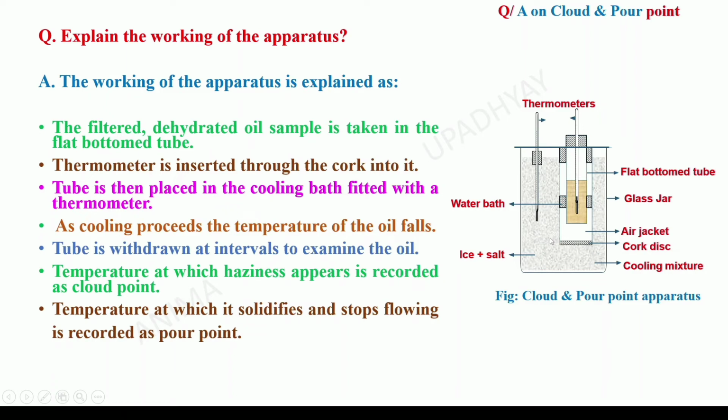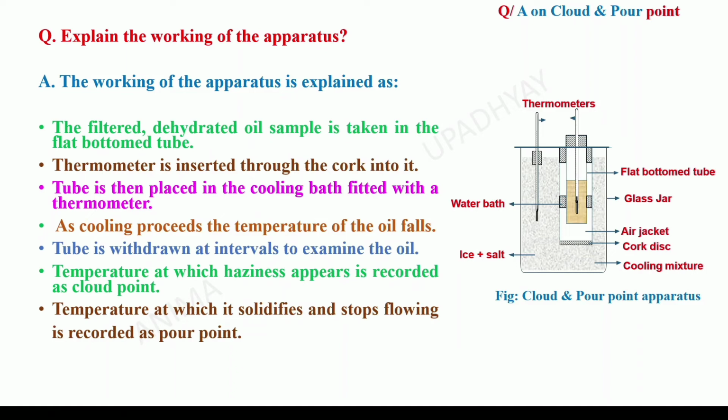As the cooling proceeds, the temperature of the oil falls, and this is recorded with the help of another thermometer which is placed in the cooling mixture. The tube is then withdrawn at intervals to examine the oil, to check if the oil is losing the transparency, and note down the temperature